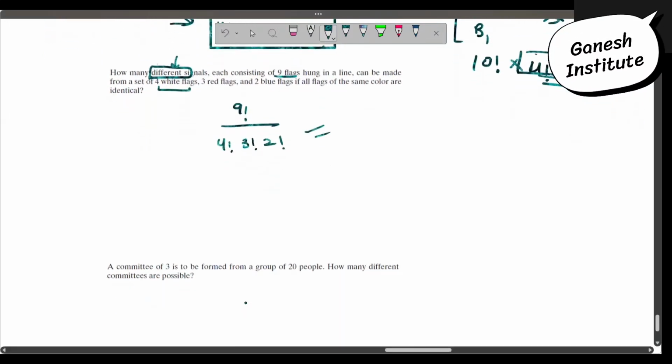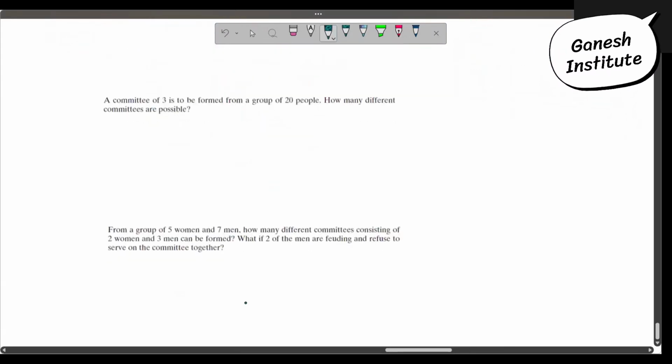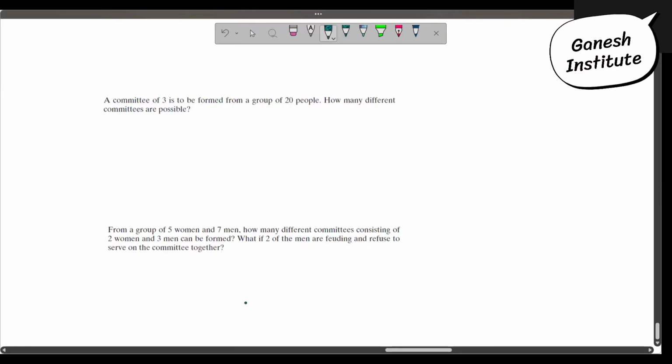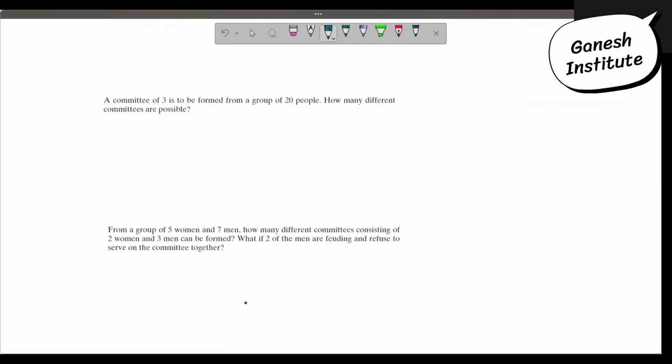That's right. Read it. A committee of 3 is to be formed from a group of 20 people. How many different committees are possible? Now, this is like a committee has to be formed, and three people. Oh, no, it's people, permutation. Is it permutation? How do you think that it is permutation? I mean, you said different is also a keyword for permutation. So different arrangements,